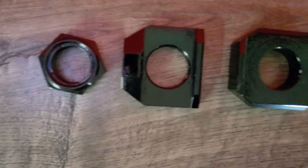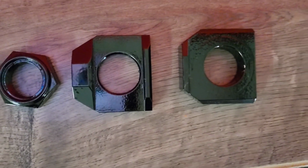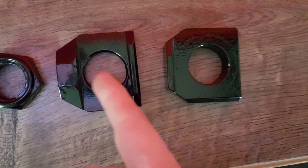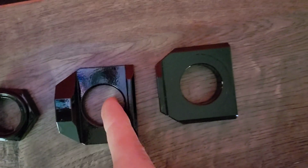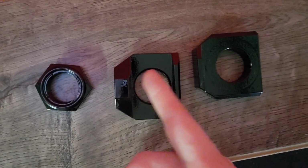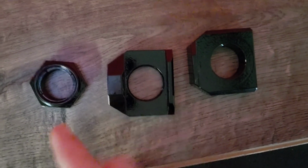All right, so it's today day number 2. So I finished the parts last night, so I just want to show you guys how it came out. So let me just show you here pretty quick. This is how parts came out. They look amazing. If you were to ask me, I think they look awesome. I think I nicked one of them on the inside, but it doesn't matter because this is where the axle is gonna go through, so they're still gonna get scratched at some point and whatever, but still